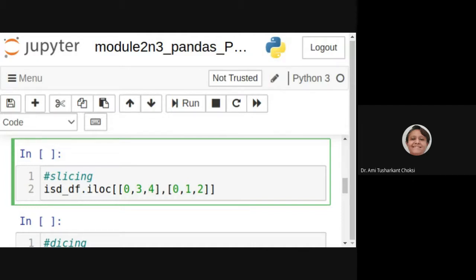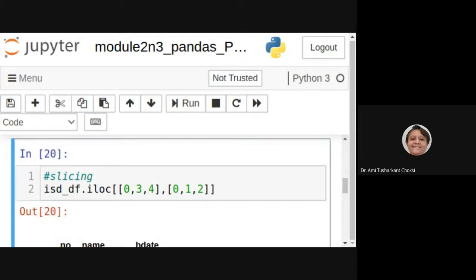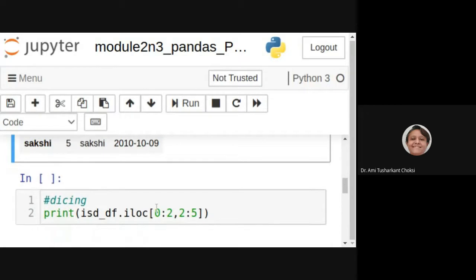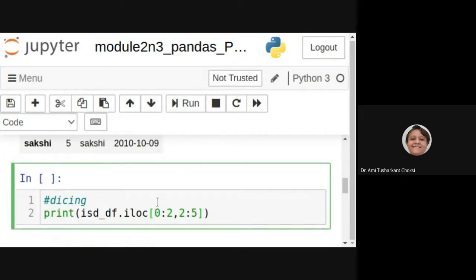Indexing we are specifying. Here slicing is given as 0:2, so 0 and 1 row. Then 2:5, that means 2, 3, 4 columns, right?